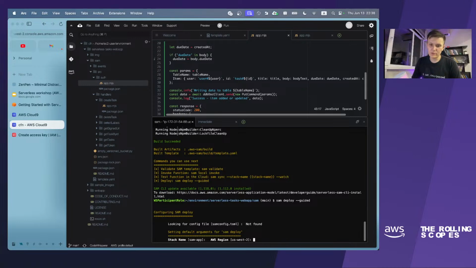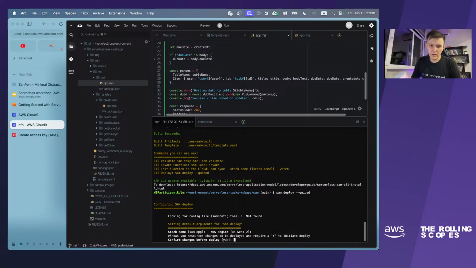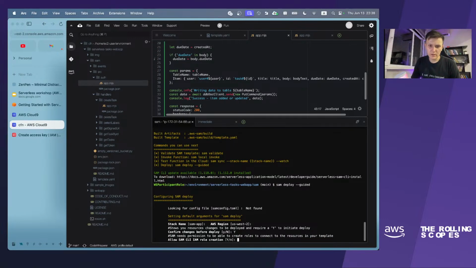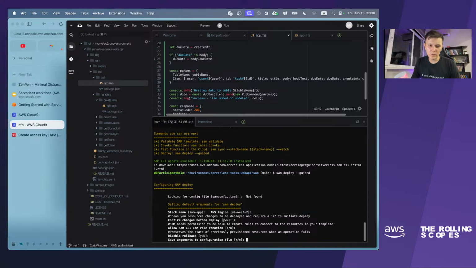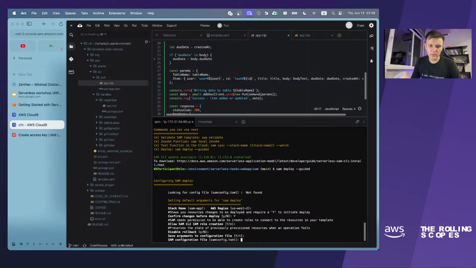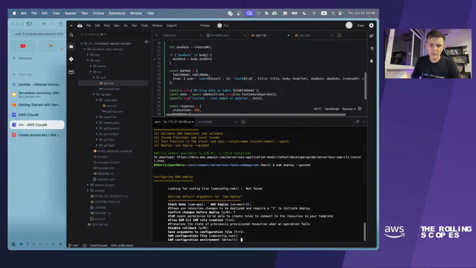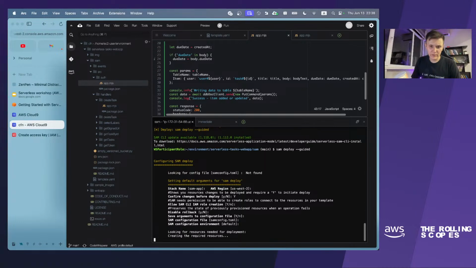US West 2 is the correct one. And I will confirm the changes. Yes, I will allow SAM to create some IAM roles. I will disable rollback? No, I will not disable it. And I will save arguments to a configuration file, and it will be samconfig.toml, and the default environment is okay.